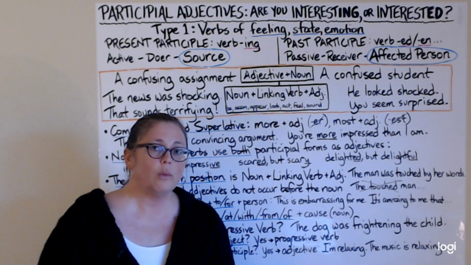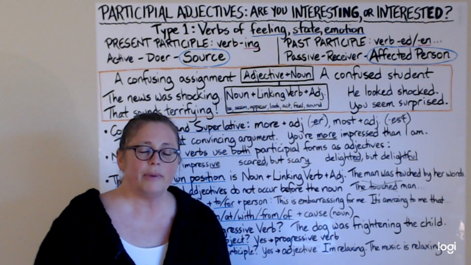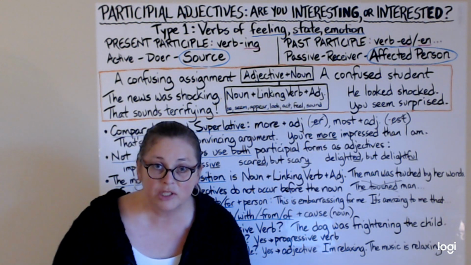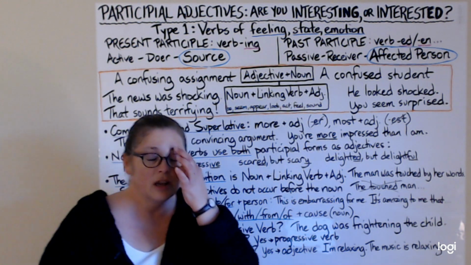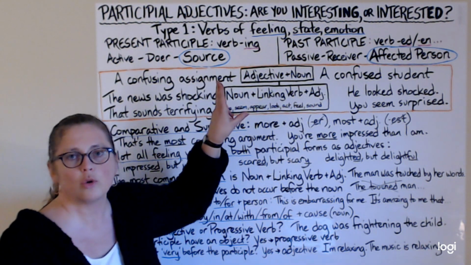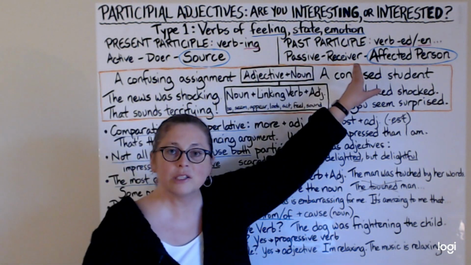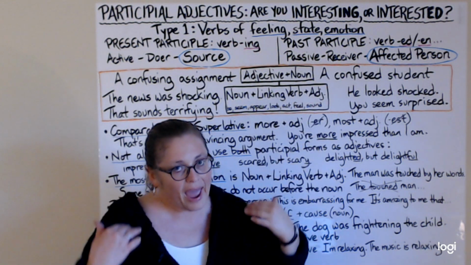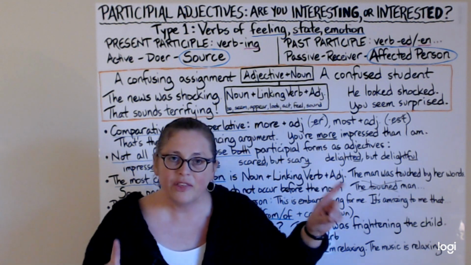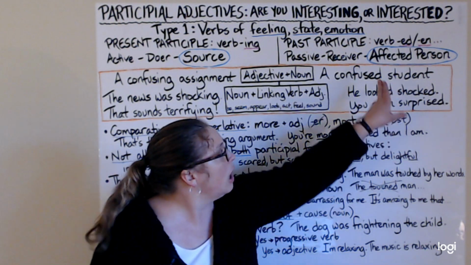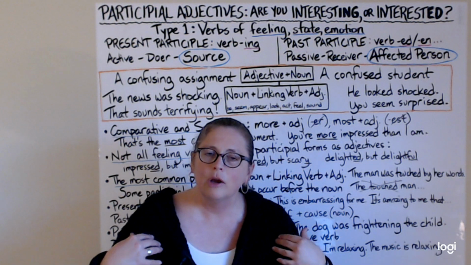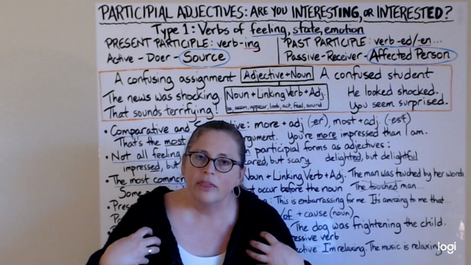If you don't know that word, it's a good one to look up. It's the origin. It's the cause. It's where something comes from. The source. So we're going to use the ing form to describe the source of something. The past participle, that's the passive meaning. It's the receiver of the verb. And I think it's good for this one to talk about it as the affected person, affected, receiving the feeling.